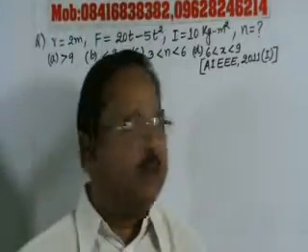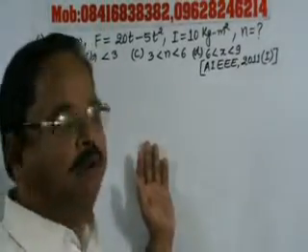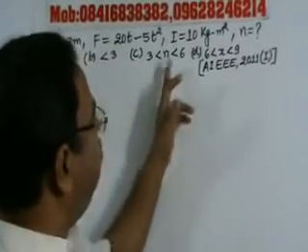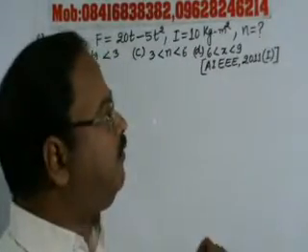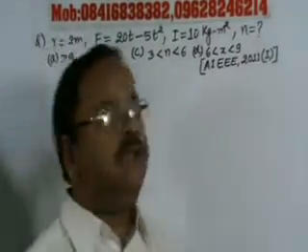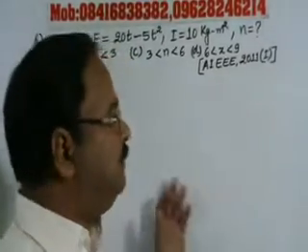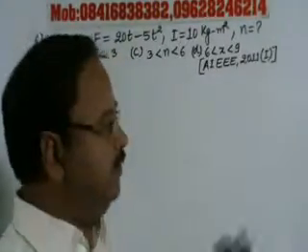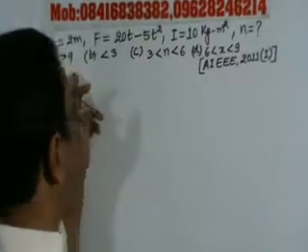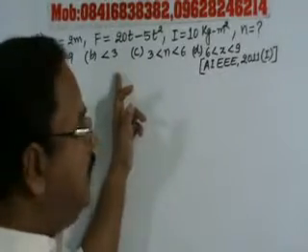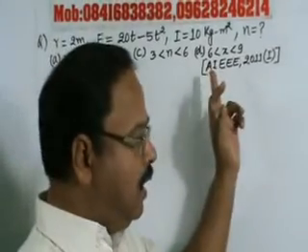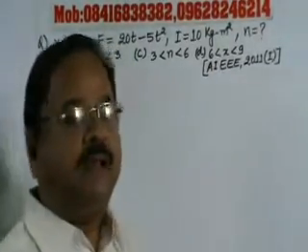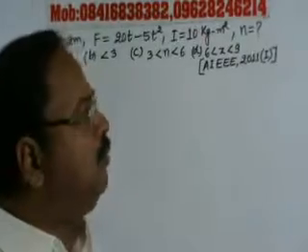If the moment of inertia of the pulley about its axis of rotation is 10 kg meter square, then the number of rotations made by the pulley before its direction of motion reverses is: options are, it is more than 9, it is less than 3, it is more than 3 but less than 6, and more than 6 but less than 9. So now let us solve this problem.